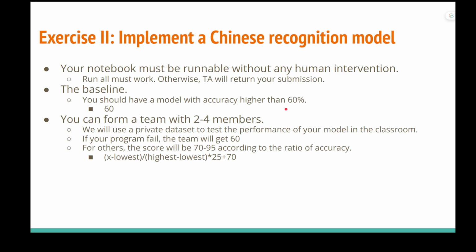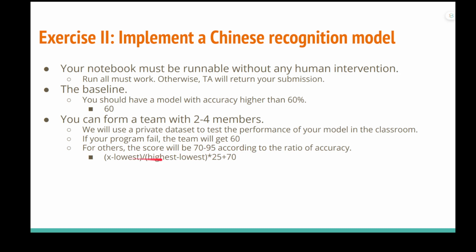And we will give you extra credit according to the score, or according to the rank of your performance in the competition.